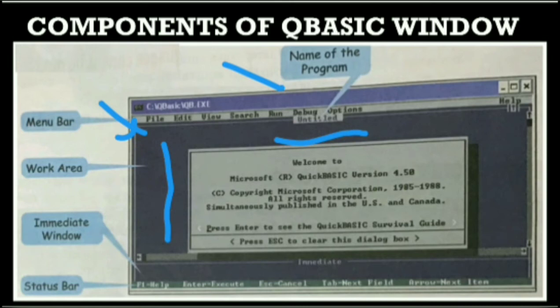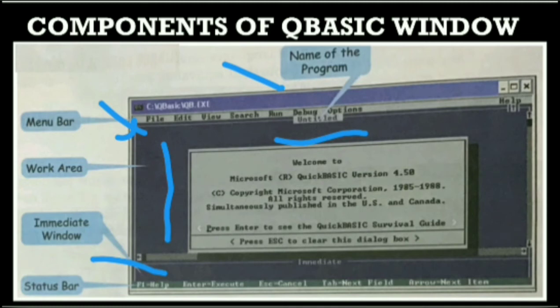After that, the immediate window. The immediate window can be used to execute a statement without running the entire program. To use the immediate window, type a statement in the immediate window and press enter to see the result. So you have to write the statement in the immediate window, no need to write in the work area.